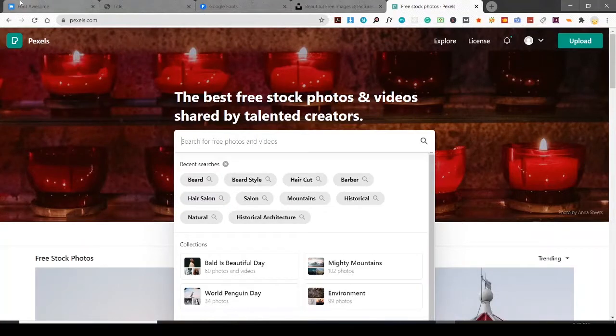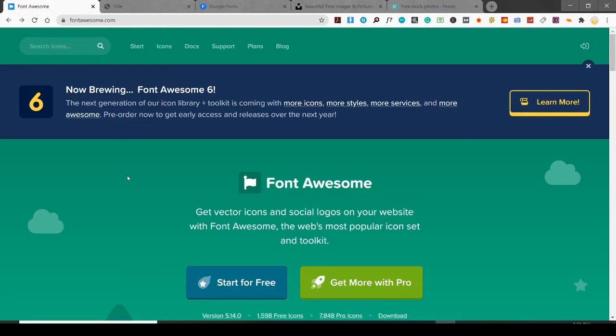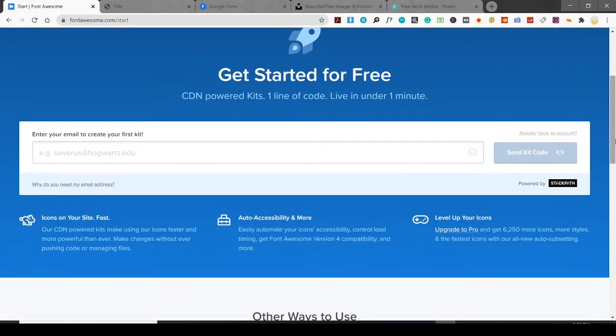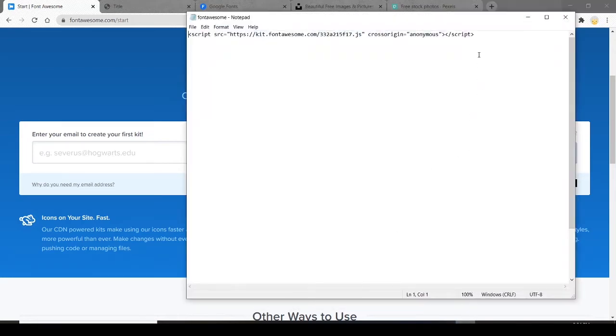I'm using the CDN. You can download it and use it. This is the Font Awesome icon. The new version is going to be released soon, which will be Font Awesome 6. We are using 5. So click start for free, and here just mention your email address, and then go to your email, follow the instructions, and you will get the code. I have already got mine, and I'm just copying this code,